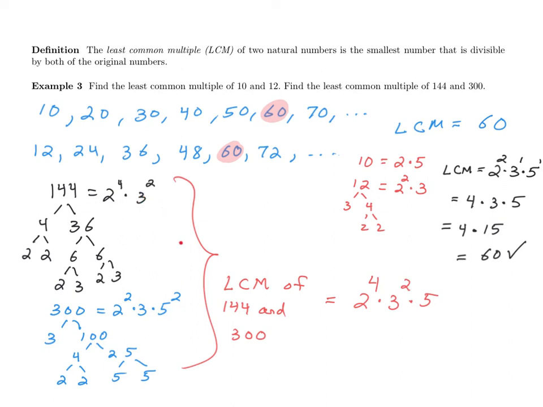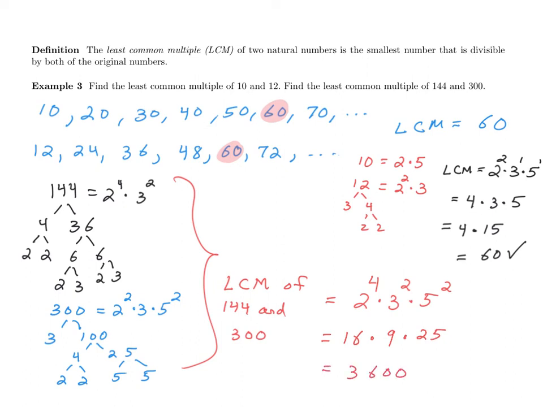And then for the 5, well, there are no 5s here, but there is a 5 squared here, and this means you have to use that 5 squared just like this. So here it is. It's not expressed as a single number, but let's actually multiply it out. This is the least common multiple of these two numbers. If we multiply it out, let's see. 2 to the 4th is 16. 3 squared is 9, and 5 squared is 25. Let's see. So I'll do this on a calculator. 16 times 9 times 25 is